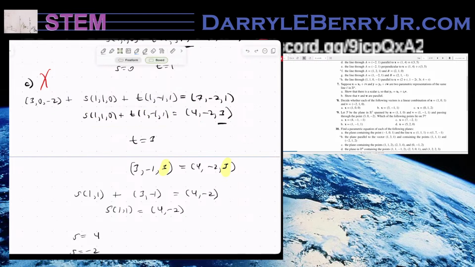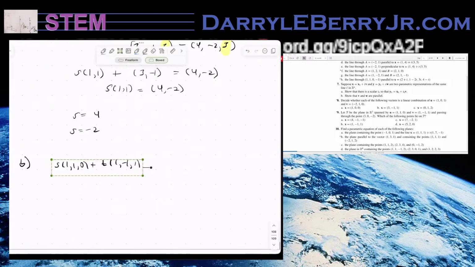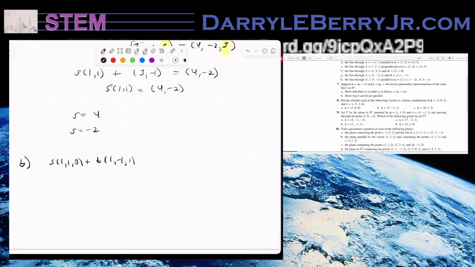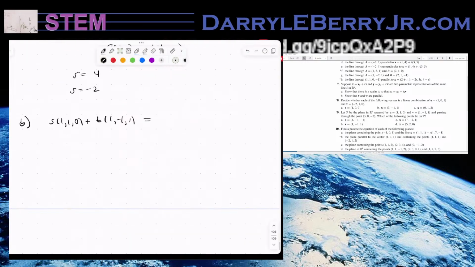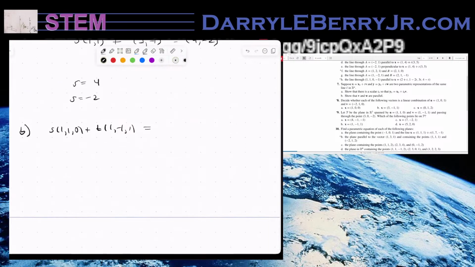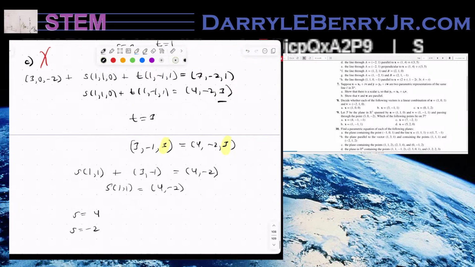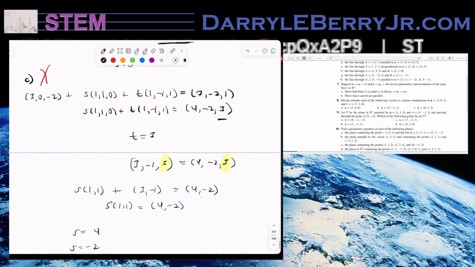And I'm going to bring that number to the other side. So when I bring B, which is 1, negative 1, 1, to the other side of the original equation,